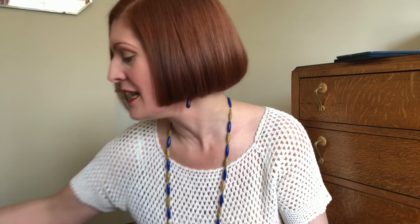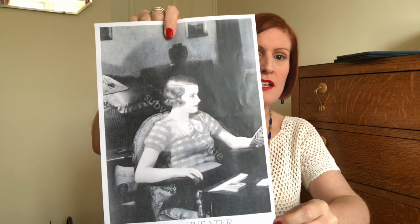Anyway, next project. So they're the ones that I've completed, and now I'm going to move on to the ones that I'm currently working on. Now this is a bit of a labour of love, and you'll see in a minute what I mean by that. So the pattern that I'm using is this one here, which I got from